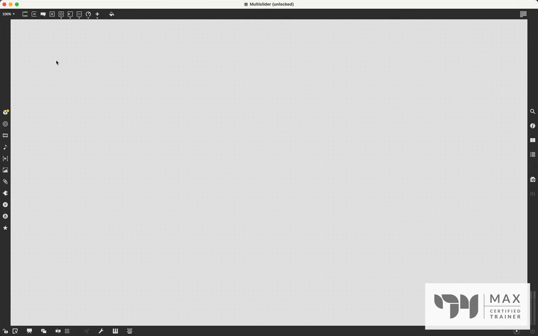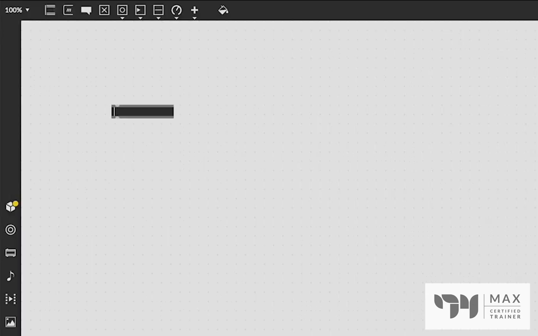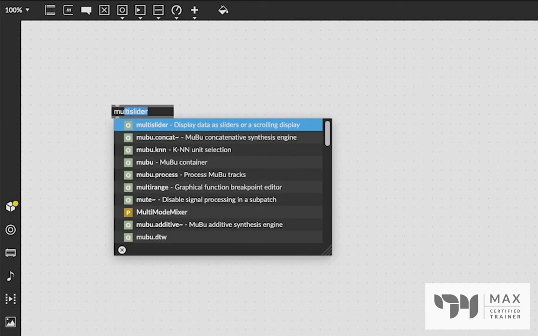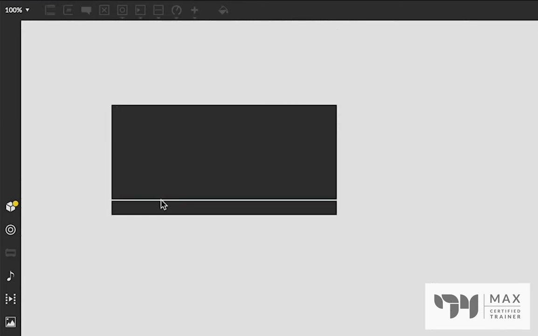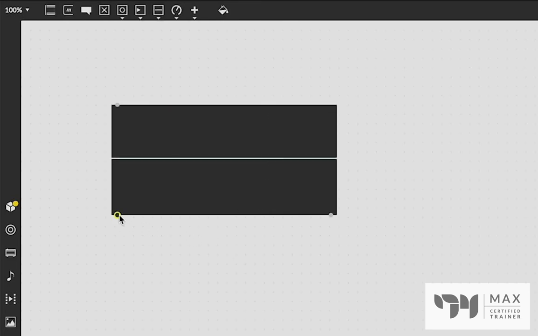First things first, as always, we're going to double click in the blank white space, type in the word Multislider, and this is what it's going to create. This is our Multislider, and by default, it's just actually one singular slider. We have these outlets here. This is the outlet that is the list value of all of the sliders, and this is the value of